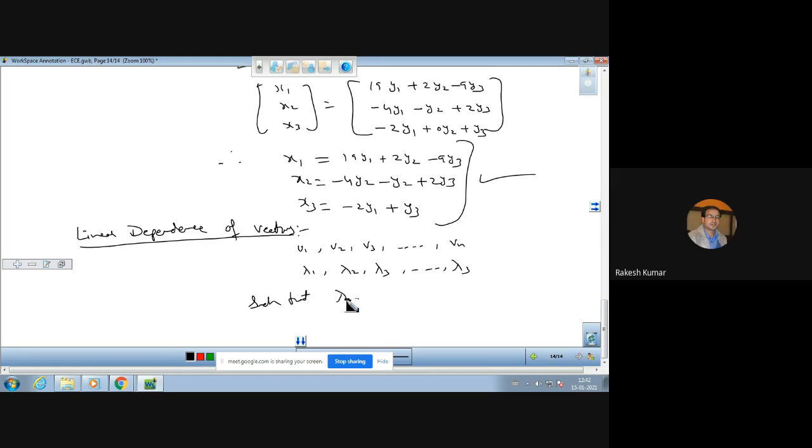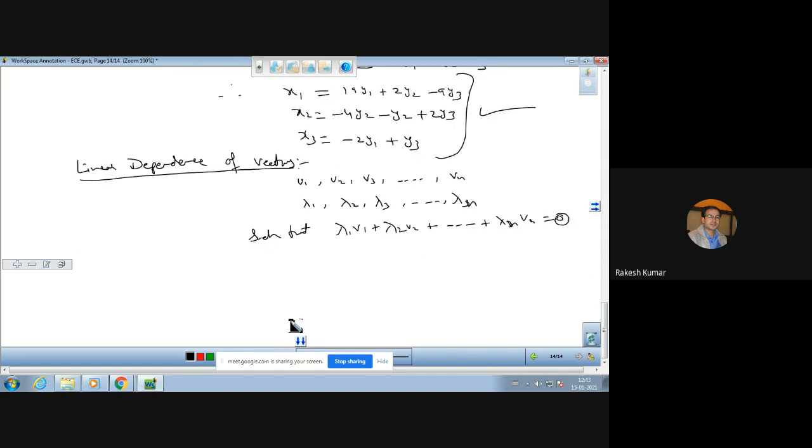we are able to find out the linear combination of these. So lambda 1 v1 plus lambda 2 v2 plus so on lambda n vn is equal to 0. 0 means zero vector or null vector. And after this as a linear combination, if we are able to find out, and always remember, these are not all zero. Remember, this is the condition on these lambdas.